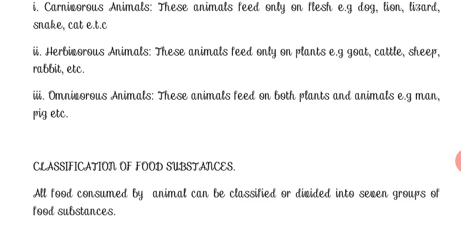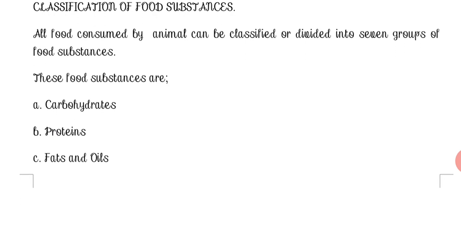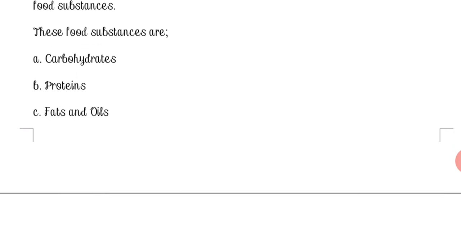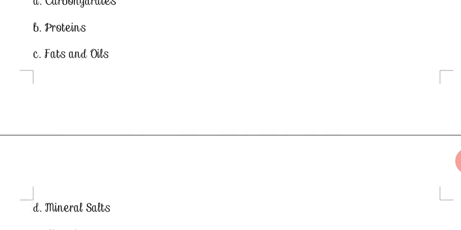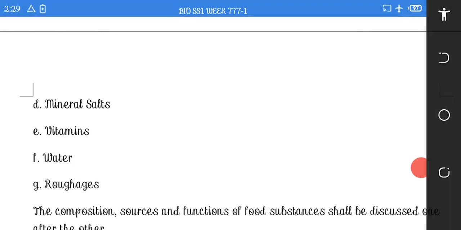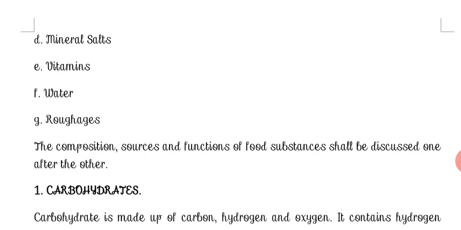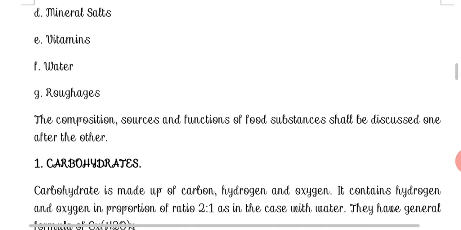Classification of food substances. All food consumed by animals can be classified or divided into 7 groups of food substances. These include carbohydrates, proteins, fats and oil, mineral salts, vitamins, water, and roughages. The composition, sources, and functions of these food substances shall be discussed one after the other. To start with,